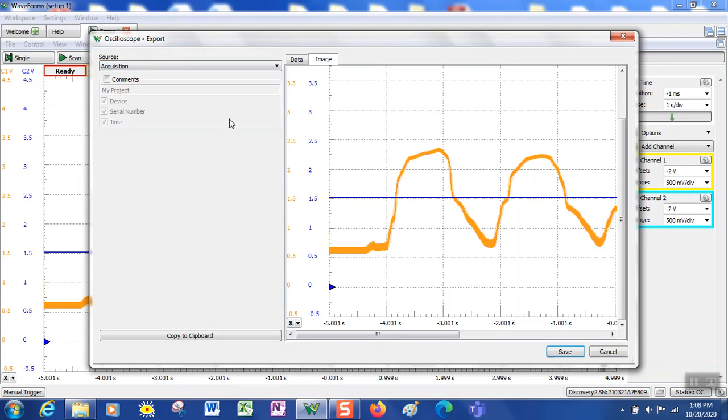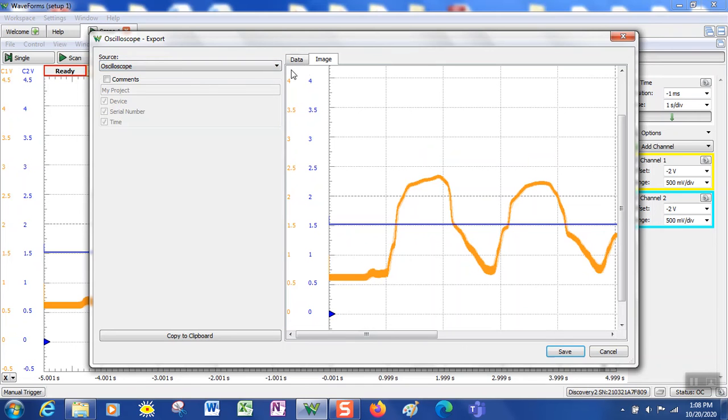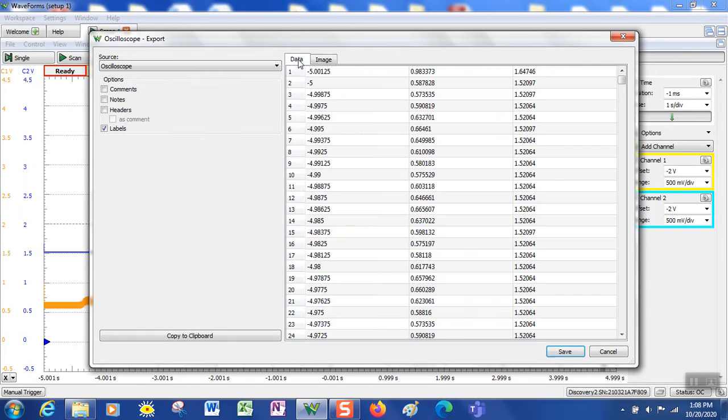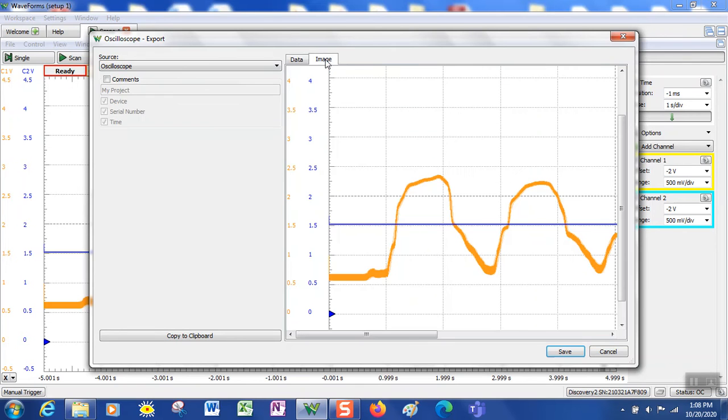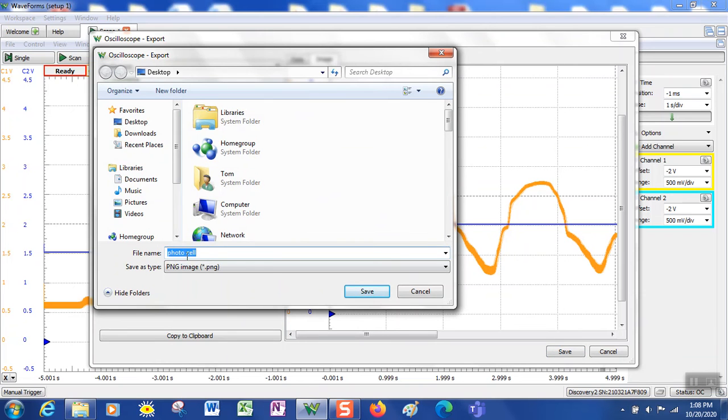But after you pick between those two, we'll stick with probably saving the image. The data you could save too as raw data points. So you pick scope or just the acquisition and the image. Now we're going to hit save. There is an option here to copy it and paste it somewhere, but we'll hit the save, and I already